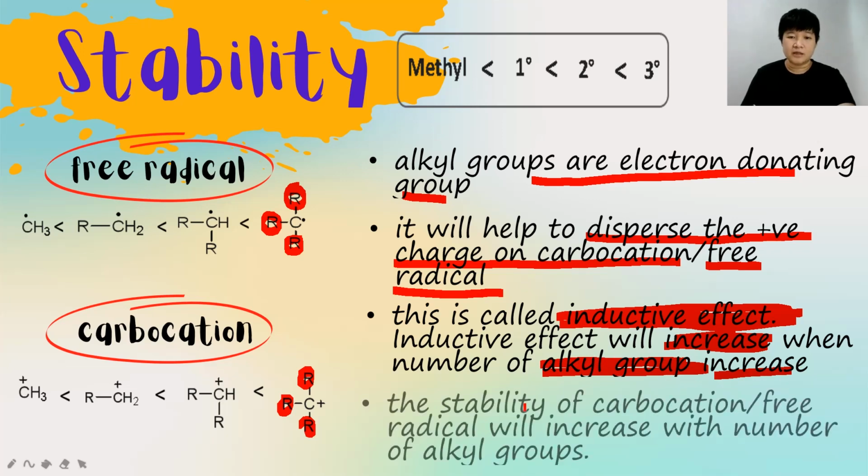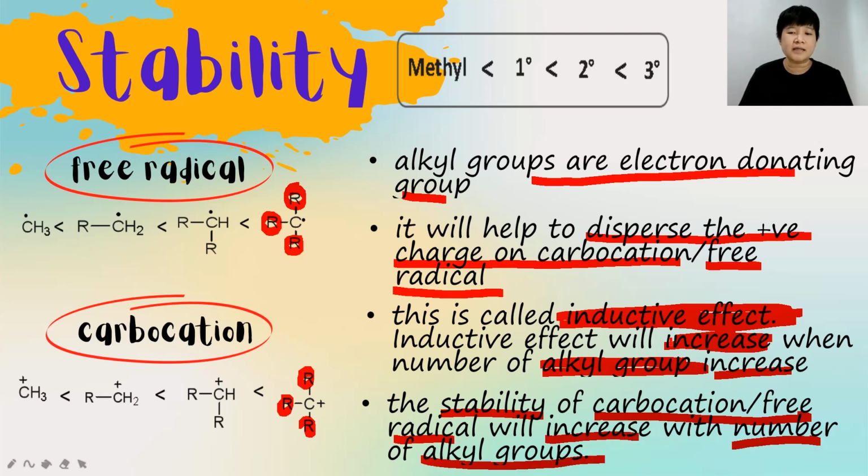Okay? Last but not least, the stability of the carbocation and the free radical will increase with the number of alkyl groups. The higher the number of alkyl groups, the stronger the inductive effect. The stronger the inductive effect, the more stable is the carbocation or the free radical. Simple? Alright, that is the stability where tertiary is more stable than secondary, more stable than primary, more stable than methyl group. So that's it for this part 1 video of your